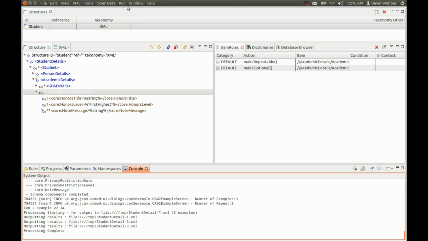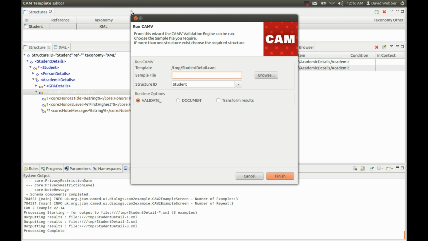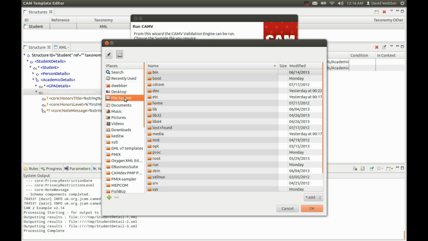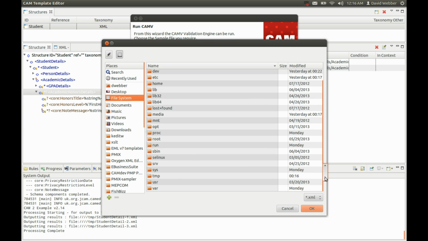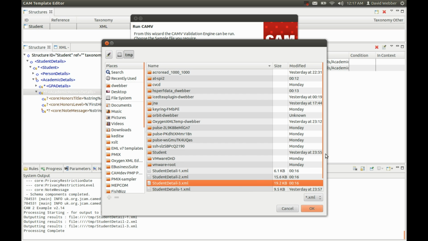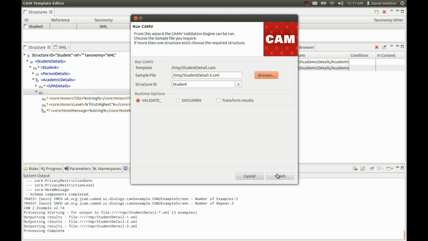And then what we can do is run the template validation engine and go to the temp folder again, file system temp, and here we'll pick detail 3, that looks nice and large. Execute the validation,